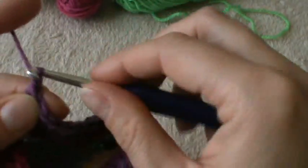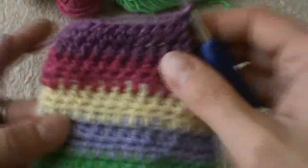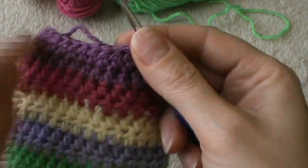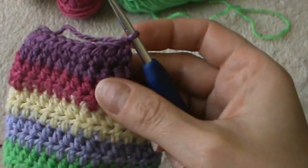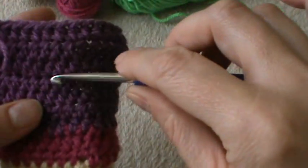Okay, so now I will begin my third round, and I will go on like this for the entire length of the heel. Then I will be back to show you how to finish the heel. I finished the heel. I worked 7 rows, 1, 2, 3, 4, 5, 6, 7 rows, and now to